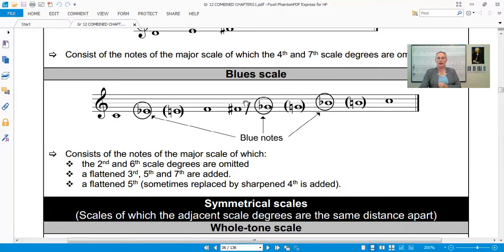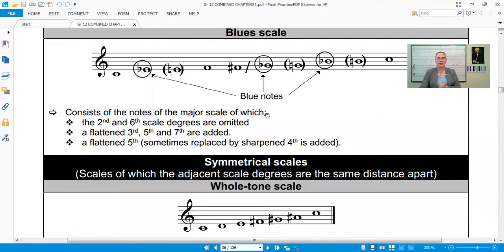Then lastly, something that you should be aware of, and this is something that our classical musicians might wonder about or find strange, is that the lowered 5th scale degree can also be replaced and interchangeably used with the sharpened or the raised 4th scale degree. So in the same piece, you will sometimes have F sharp, and then when you have the next one, it's going to be a G flat. Okay,